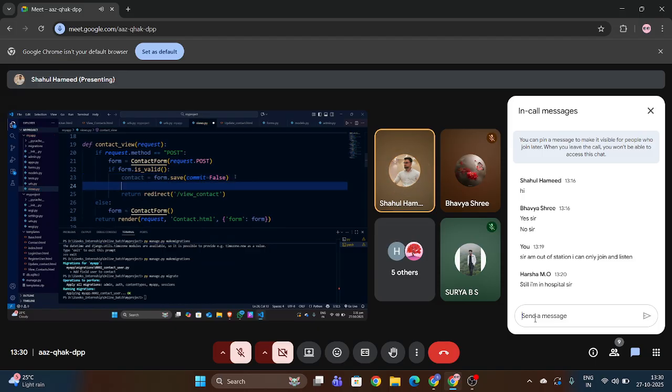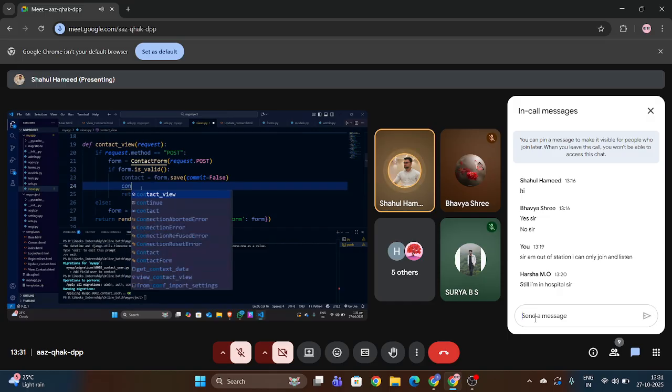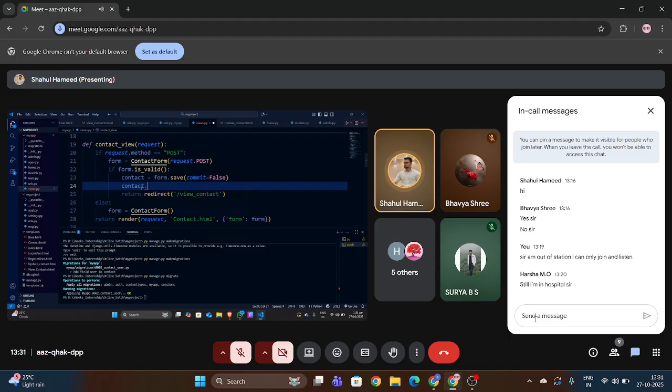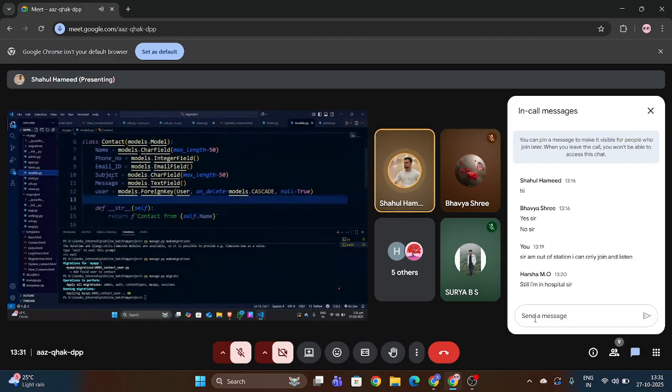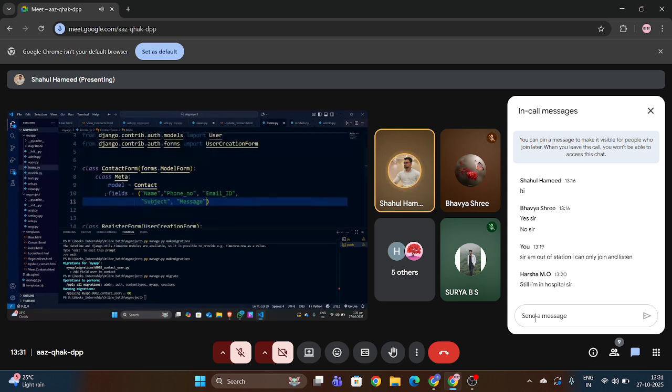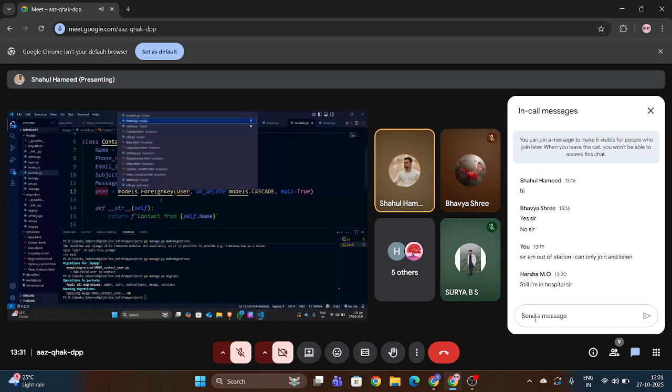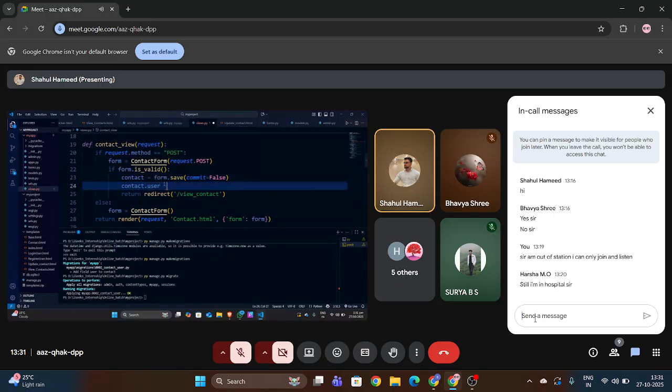Now I want to save this in user. What I can do is contact dot user. We will call that variable. Now this is holding these fields. Now using that contact, I'm calling user, this column. Go to user, and that it should be equal to